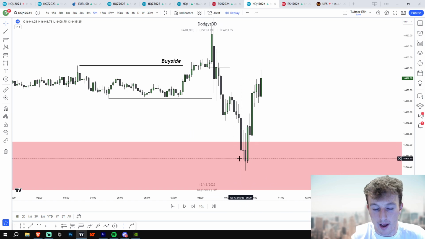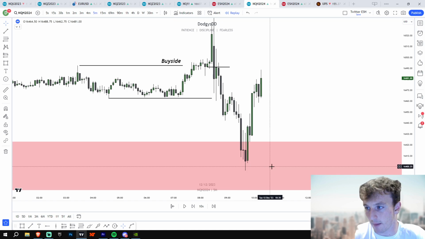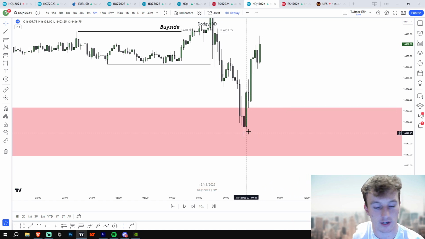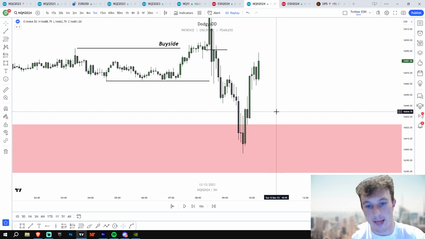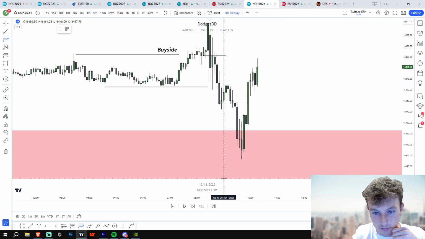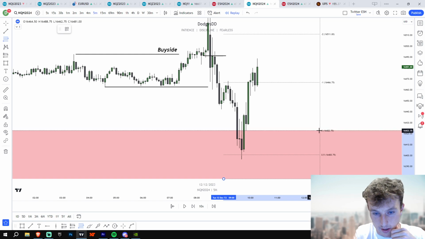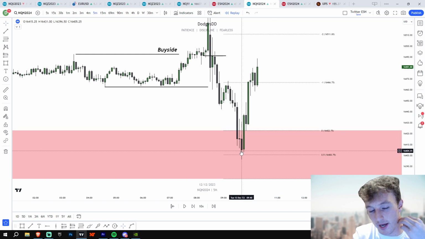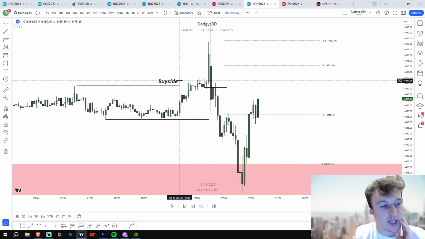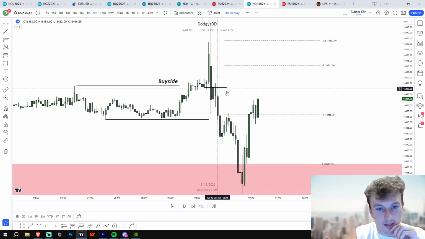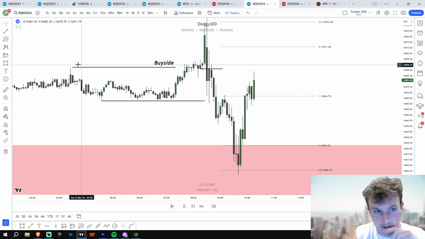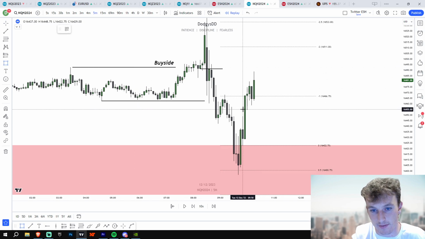And at this point, I'm not really bearish. I just want to see what happens. I want to see if we reject it and get a long setup out of it, or if we get a short setup out of it. And to me, price stopped almost midway here, almost a CE, I think. Wick held CE, or body held CE. But you can see, this is an example where we use change in state delivery when we hit a high, and this is an example where we already hit the low earlier, but this is telling us the trend can continue, and we will not hit this fair value gap right here.